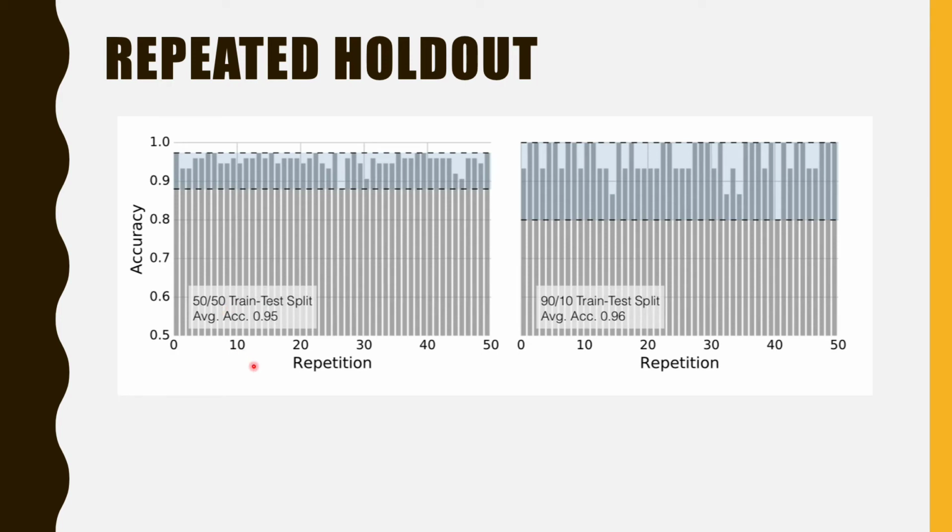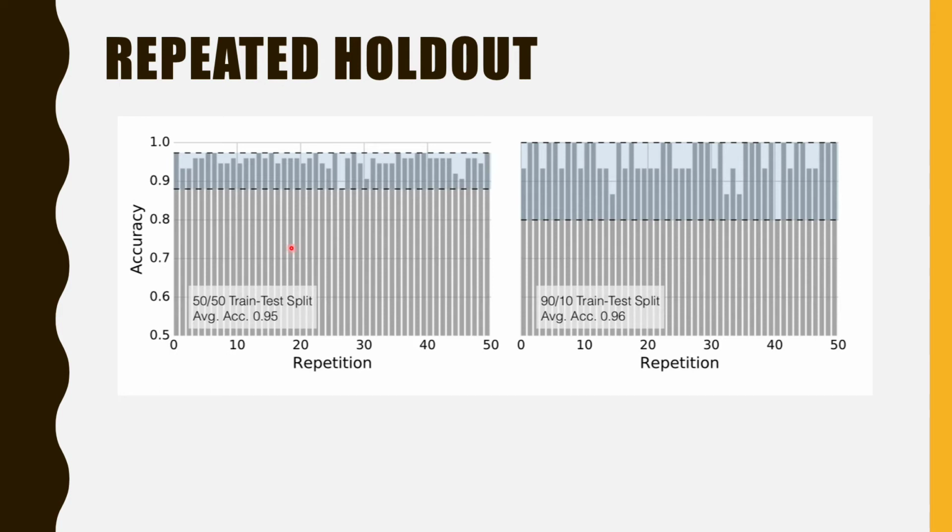A 3 nearest neighbors model was fit to the training set, and it is evaluated on the test set in each repetition. You just run your model with your training data in one of the repeats, and then you test that model in that repetition, and you just repeat this